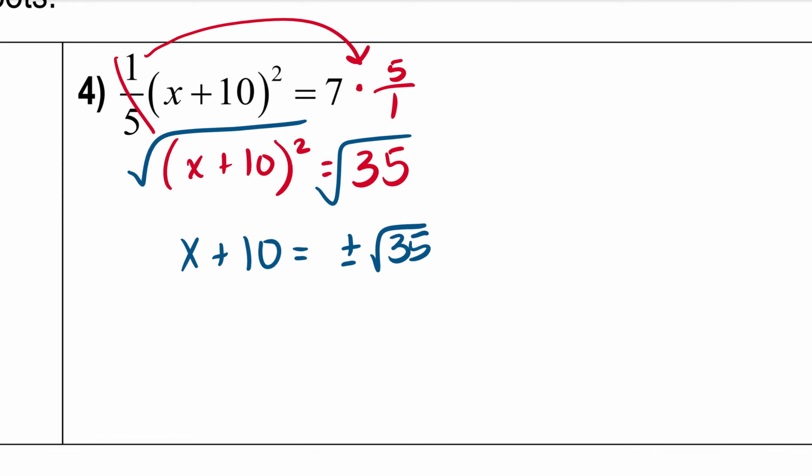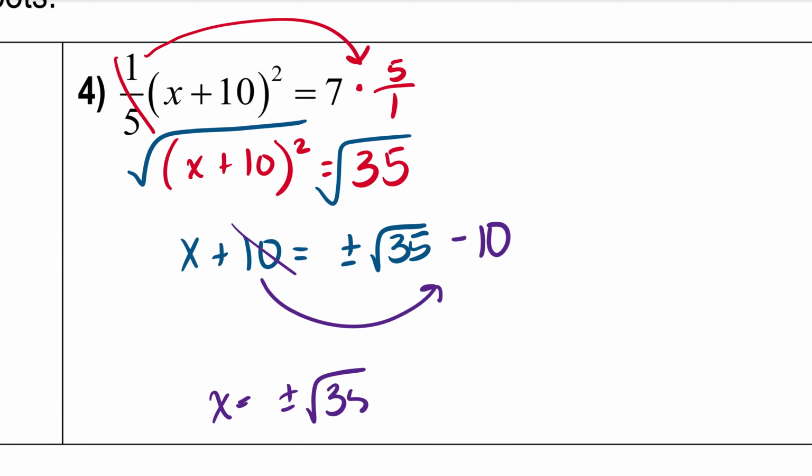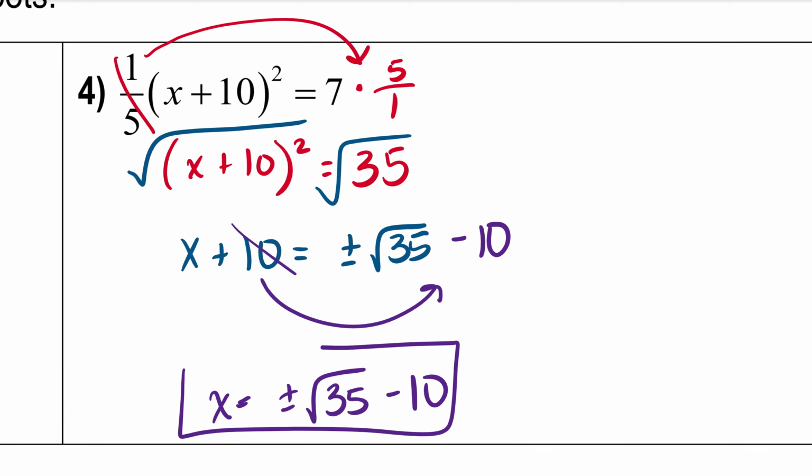And since I'm trying to solve for x, my last step would be to move this 10 over here. It can go in the front or behind it, it doesn't matter. So my final answer would be x equals plus minus square root of 35 minus 10. Now, of course, if I could do that and have a number,